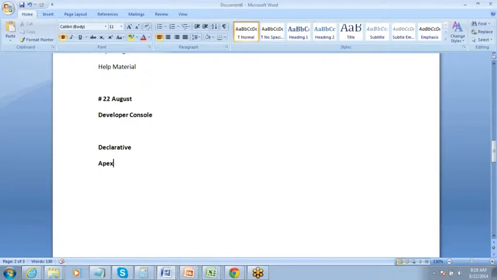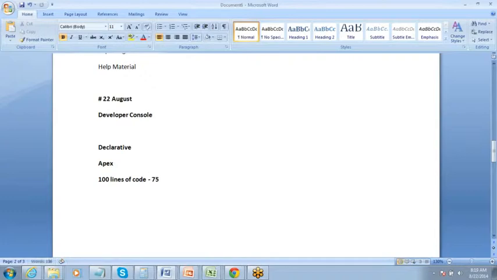Now Salesforce has a simple logic. Let's say you have written a class with 100 lines of code.